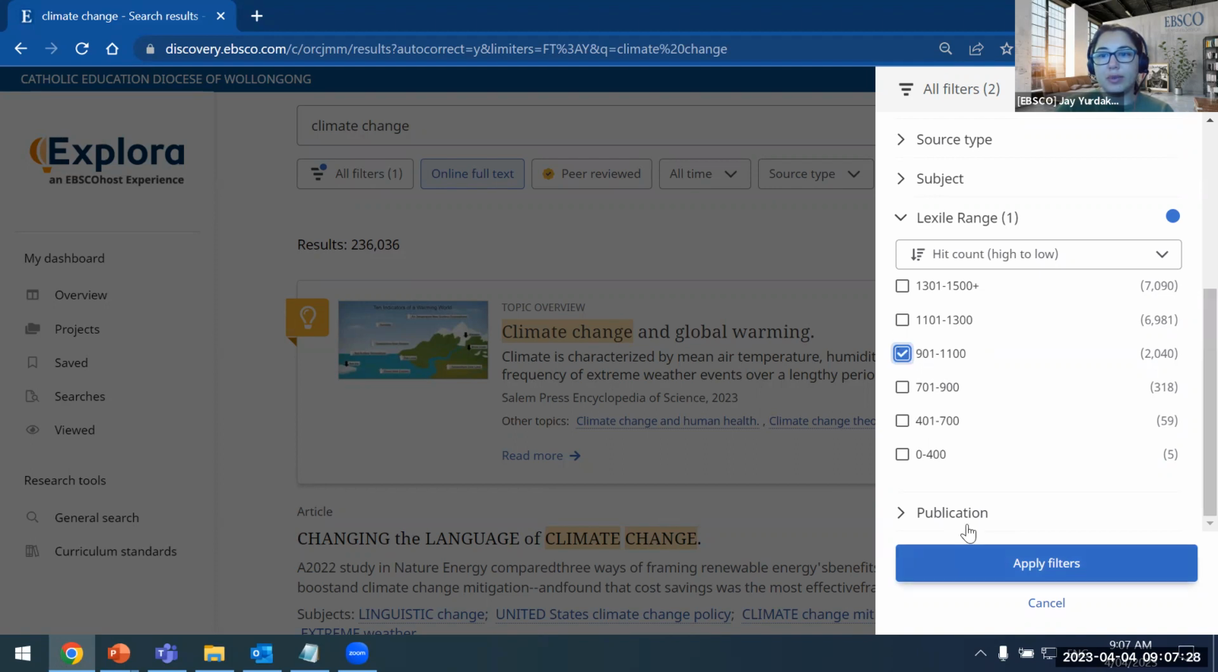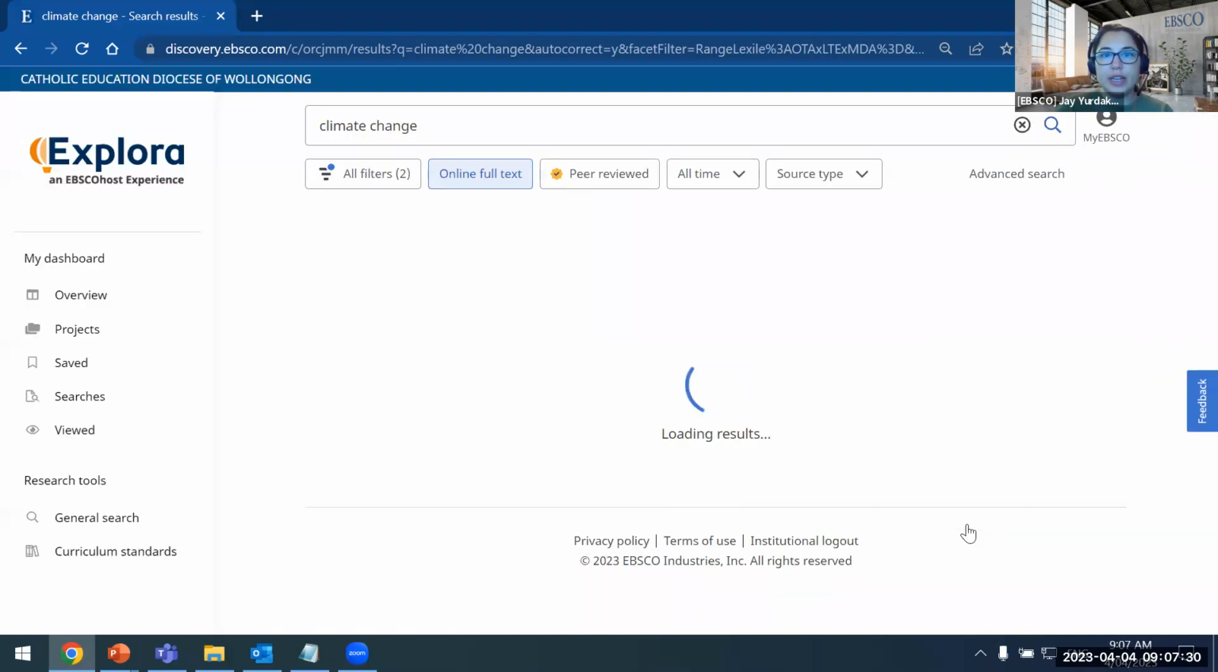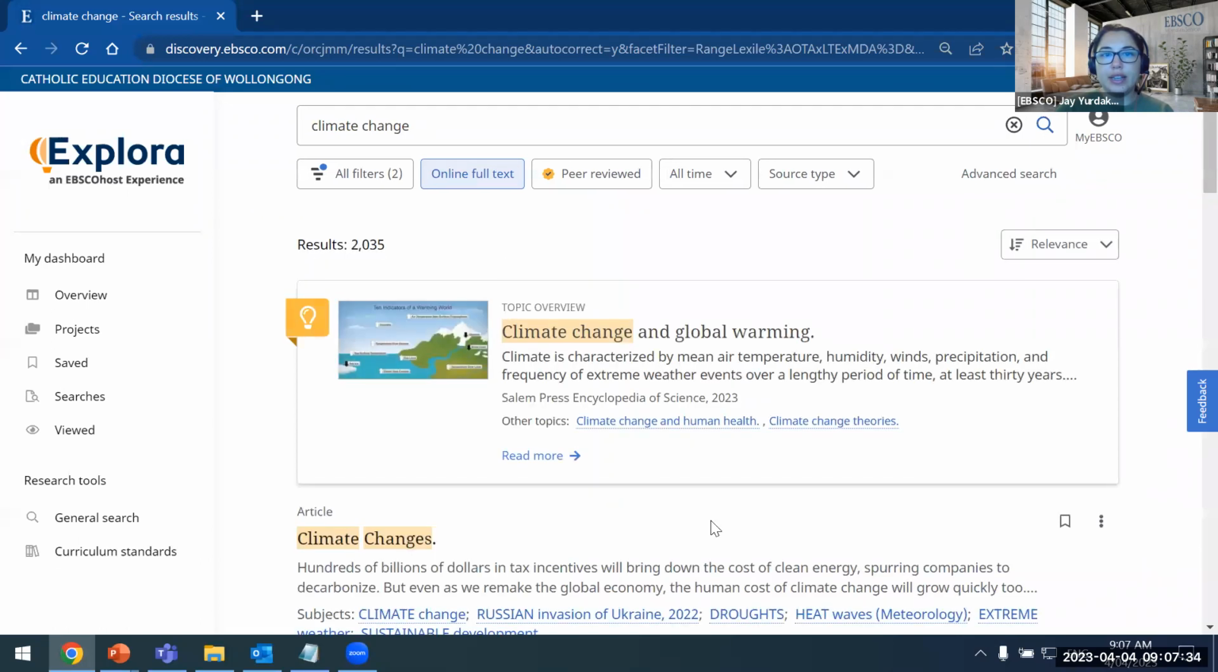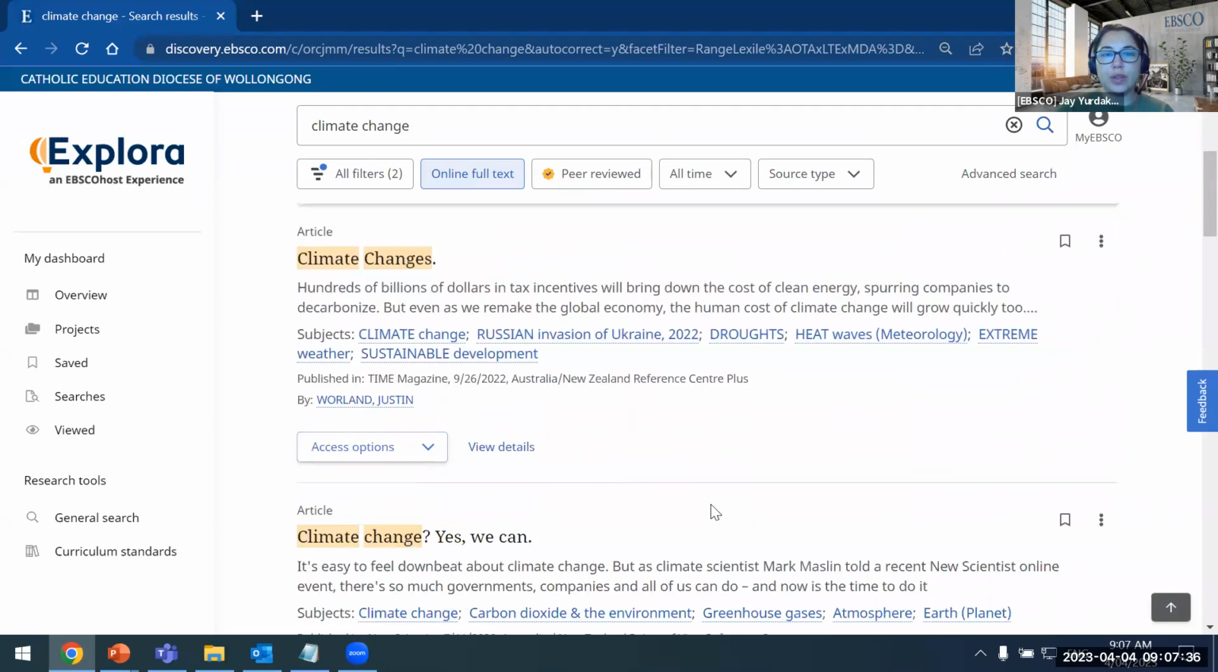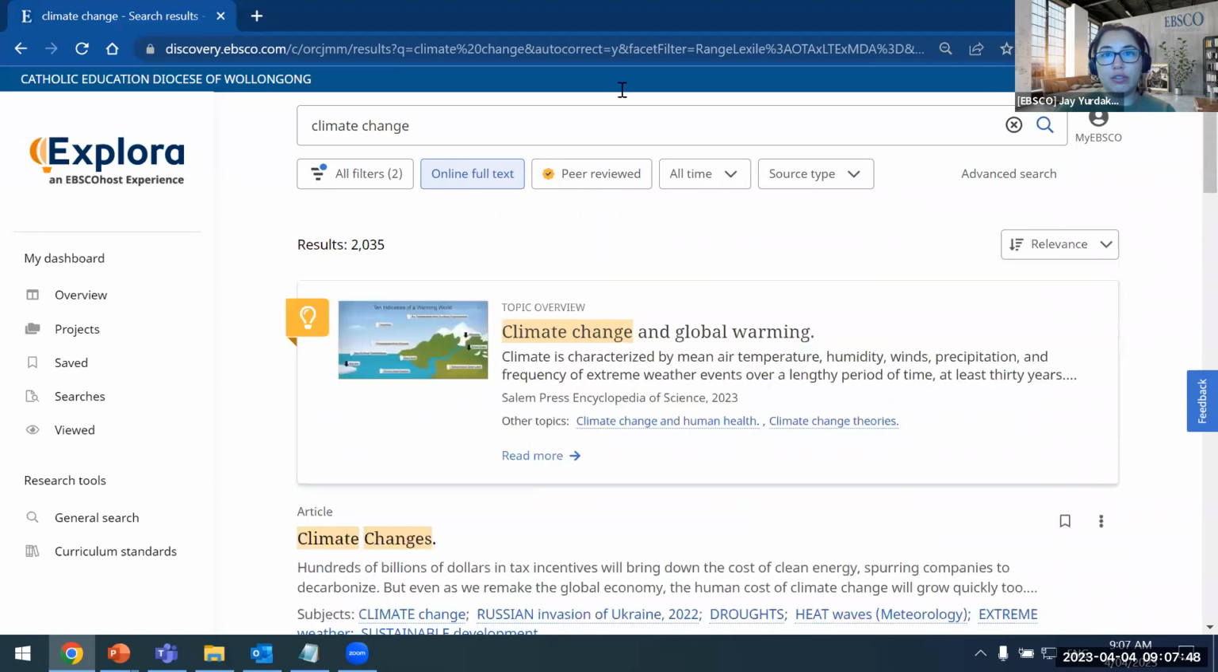We can tick that option and apply that filter. And so now the results that I'm seeing, this subset would be the ones that would be most easily read by that age group. So it factors in their reading ability, and what you could then do from there, you